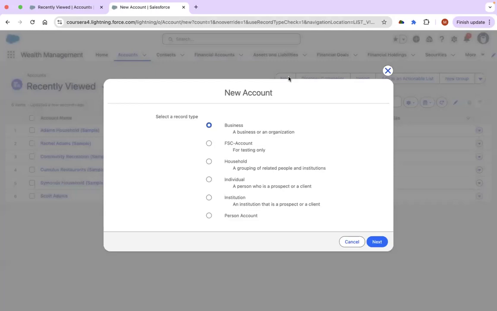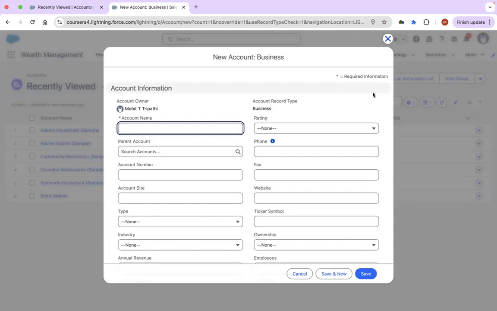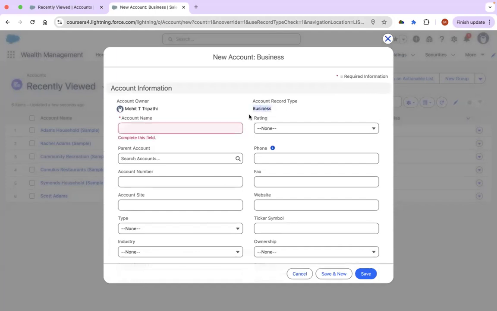Okay. So first one is the business account. Business account is a general account which we create when we deal with a company, when we deal with a business, when we deal with an organization. Okay, so these are the typical account we have used till now in our sales cloud and service cloud. Okay, so we will create a business account. There will be record type of business. We can name it anything. Maybe let's call it ABC